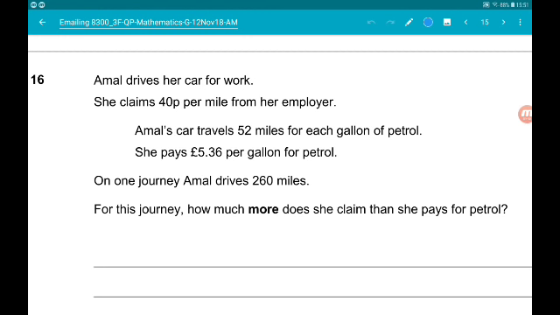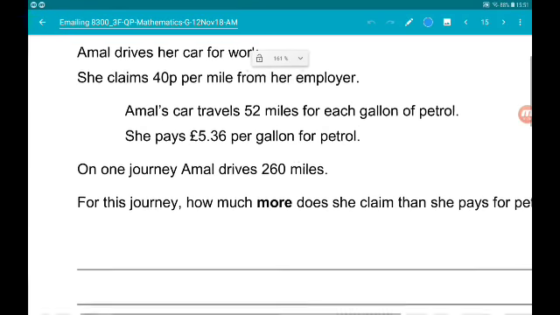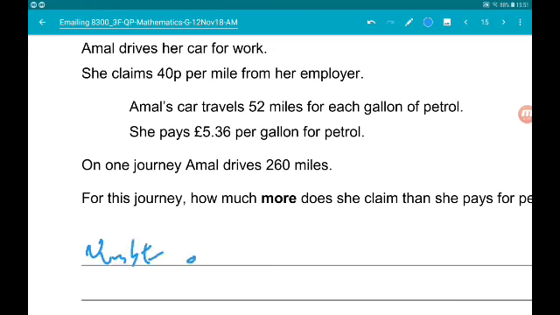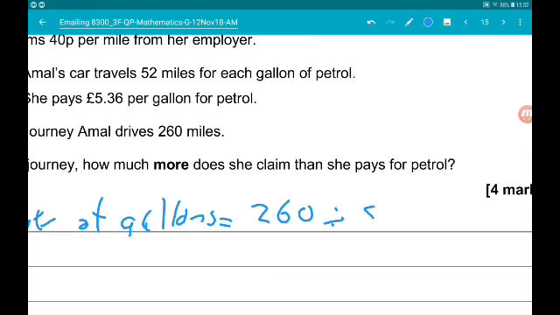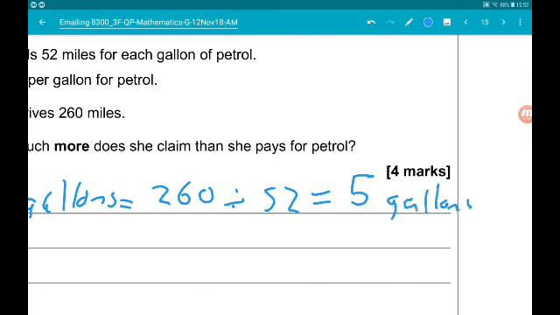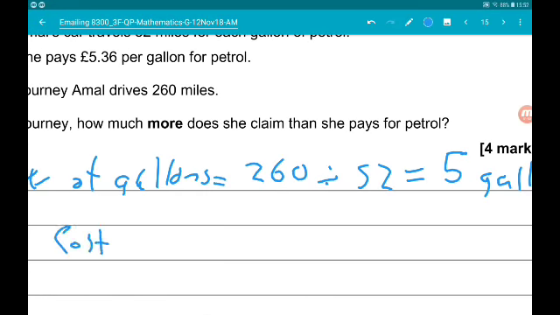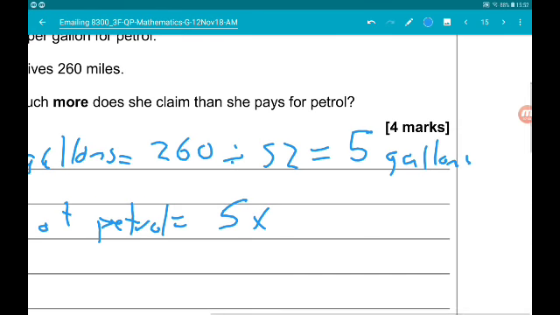So, we need to work out, first of all, how much she spends on the petrol for this journey, how much she claims for the journey, and then find the difference. So, the number of gallons is 260 miles divided by the number of miles she gets per gallon. So divided by 52. Now that gives us 5 gallons. So then the cost of petrol is 5 times £5.36,